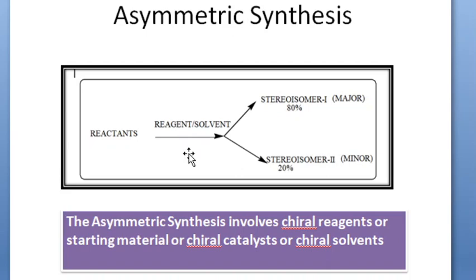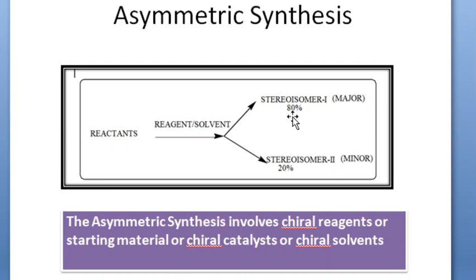Usually in asymmetric synthesis, one of the reagent, solvent or reactant may be chiral. So if one is chiral, you can introduce chirality in your product. Okay, so if chirality is introduced, they become stereoisomers. Without chirality or asymmetry, there is no chance of producing stereoisomers. If there is no chance of producing stereoisomers, we don't study that as asymmetric synthesis. So we are synthesizing stereoisomers.